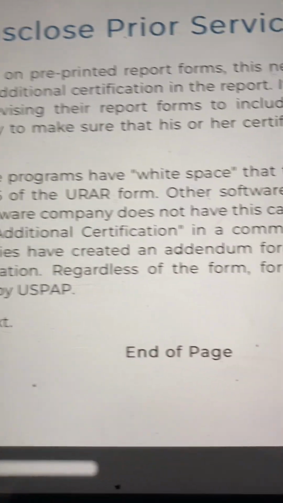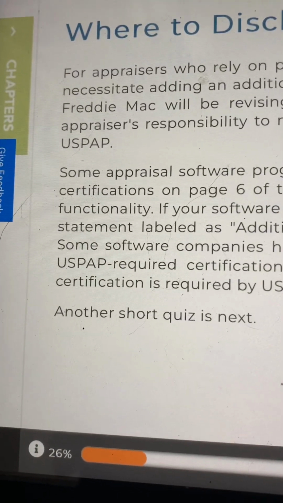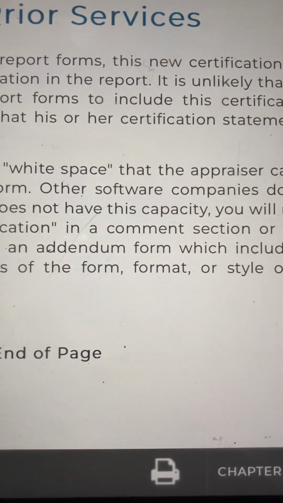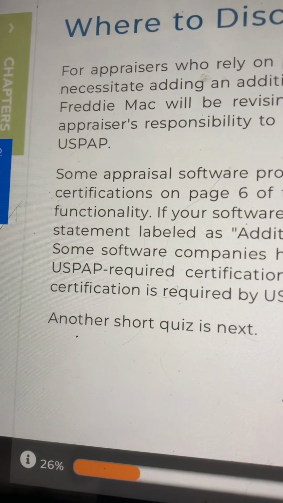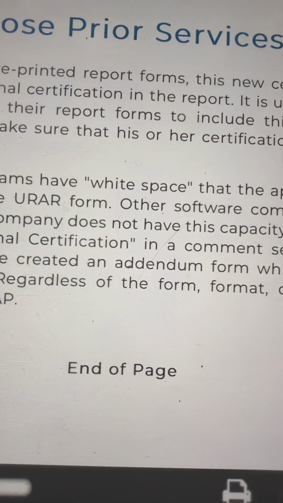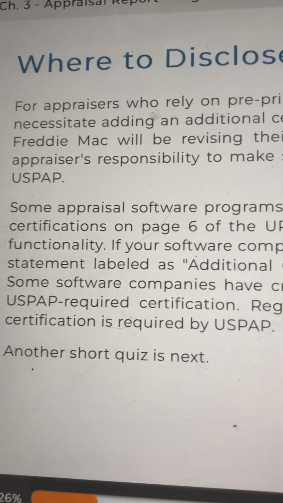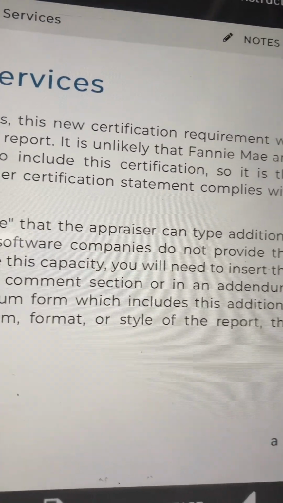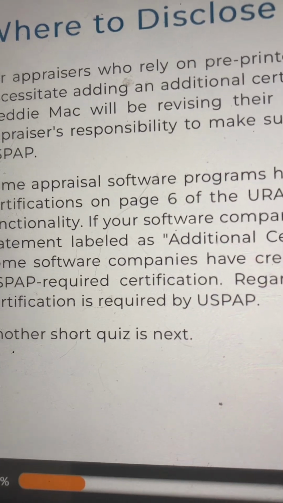If your software company does not have this capacity, you will need to insert this statement labeled as additional certification in a comment section or in an addendum. Some software companies have created an addendum form which includes this additional USPAP required certification. Regardless of the form, format, or style of the report, this certification is required by USPAP.